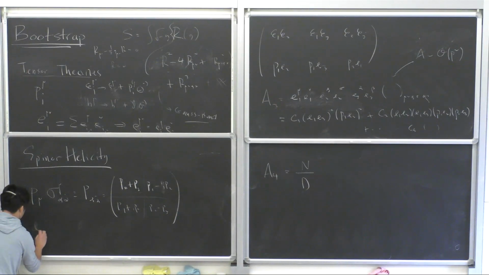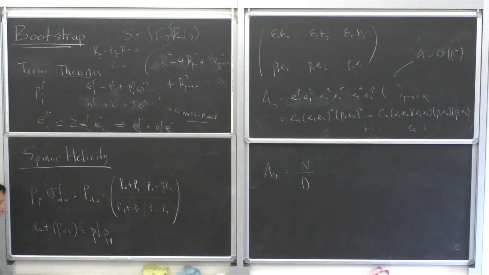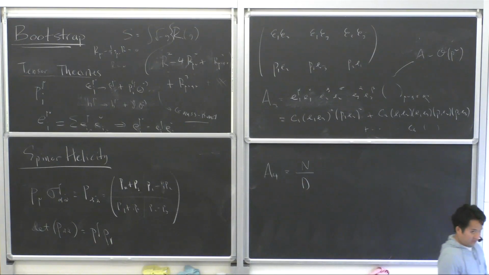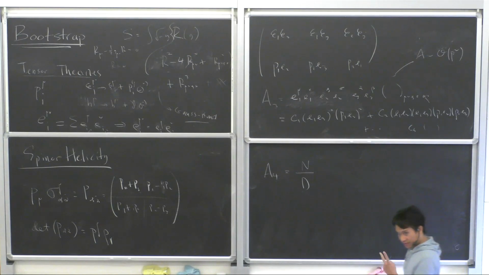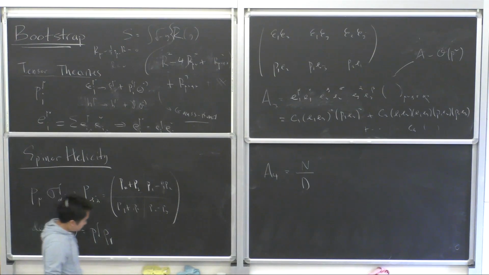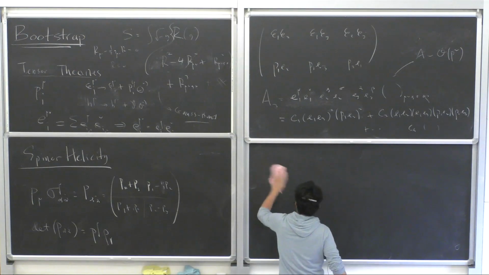The point is that if you take the determinant of this P alpha alpha dot, a 2 by 2 matrix, it equals P mu P mu. What does that mean? It means there's a 2 by 2 matrix whose determinant is vanishing. That means one of its eigenvalues is 0. It has two eigenvalues, one of them is 0. If something has a 0 eigenvalue, then it can be written as a single outer product